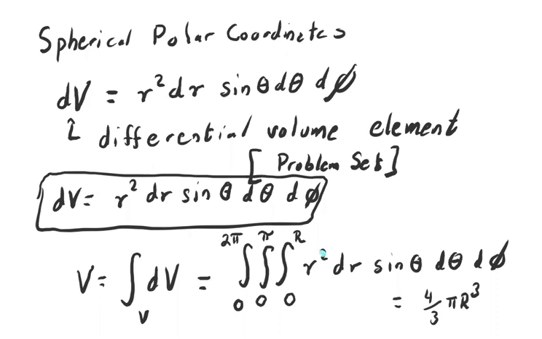For example, if you thought the differential volume element in spherical polar coordinates was r dr sine theta d phi, you would not get the answer that you knew from your years in high school. So there's a 2 missing. Okay,